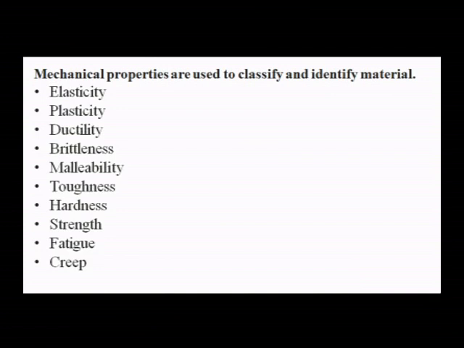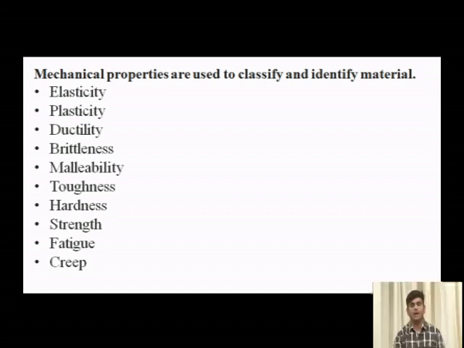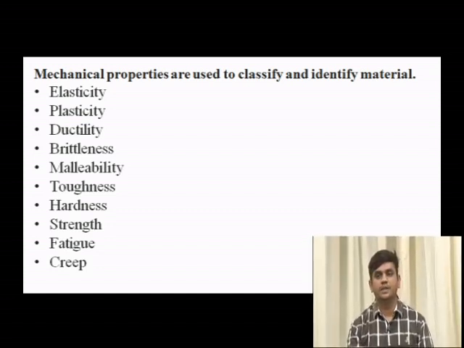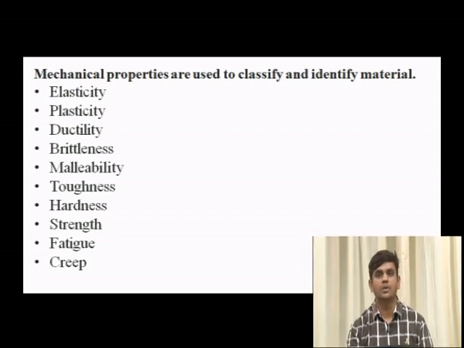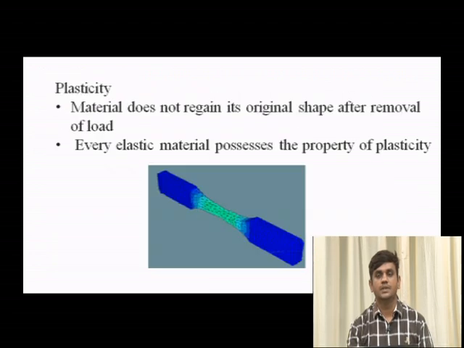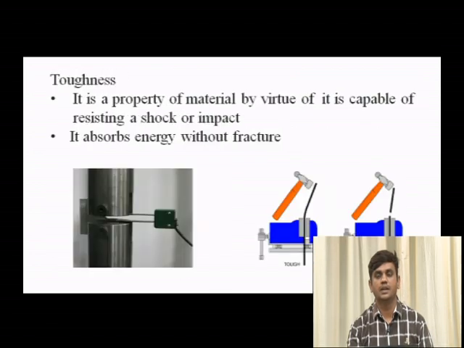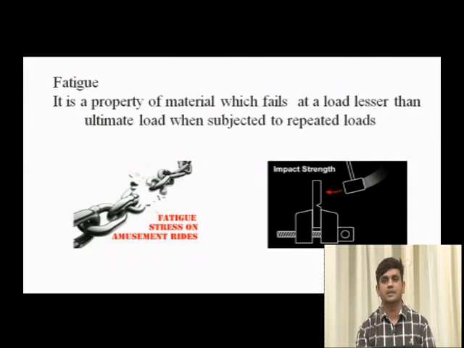These are the different mechanical properties: elasticity, plasticity, ductility, brittleness, malleability, toughness, hardness, strength, fatigue and creep. Based on these properties we can clearly study the behavior of different materials with different properties under the condition of external load, or when they are subjected to external load. So these are some of the properties we studied in the last class: toughness, hardness, strength,